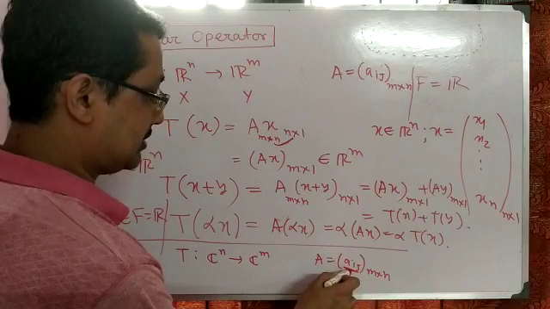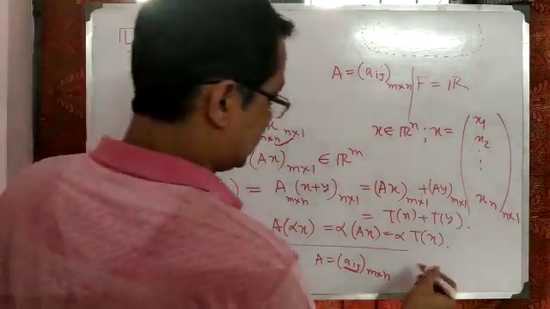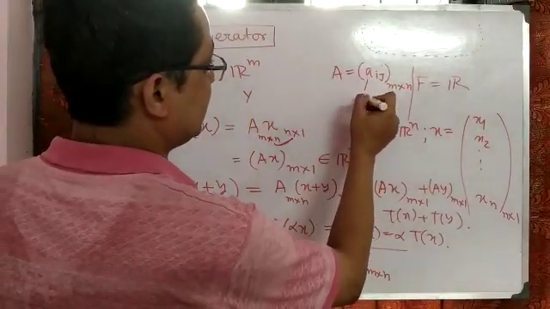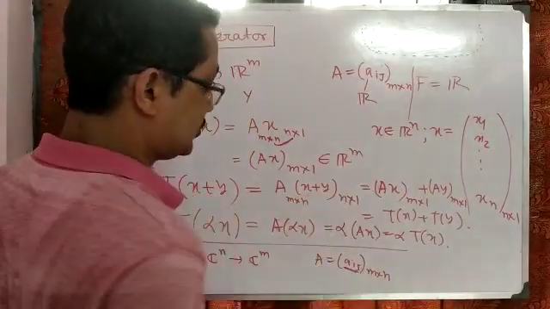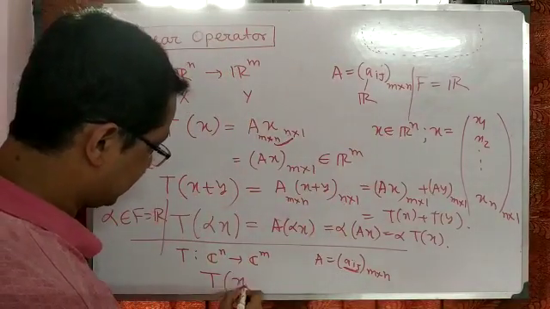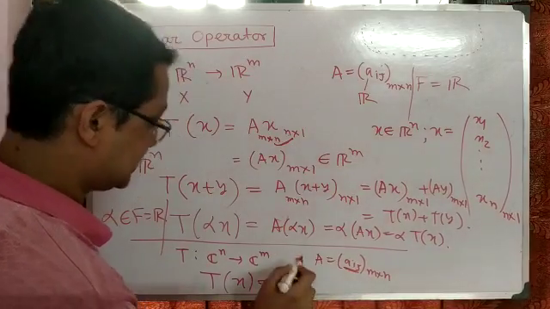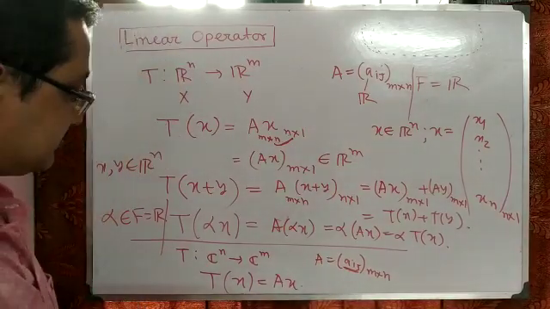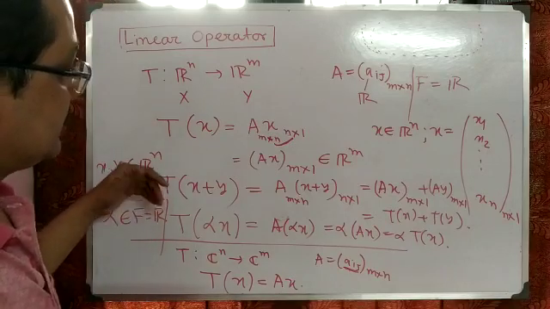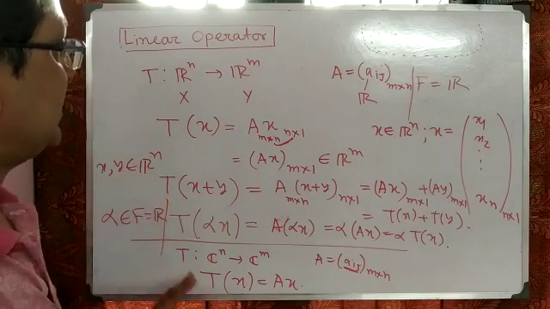But if you choose a real number, it is possible, because each real number is an element of the complex numbers. In that case, each element of Aij is in R. So that is the difference. Then the linear operator is defined: T of x is equal to A into x. The same linear transformation is there, so it is also a linear transformation. The proof is the same, so we can ignore that proof, and that's all.